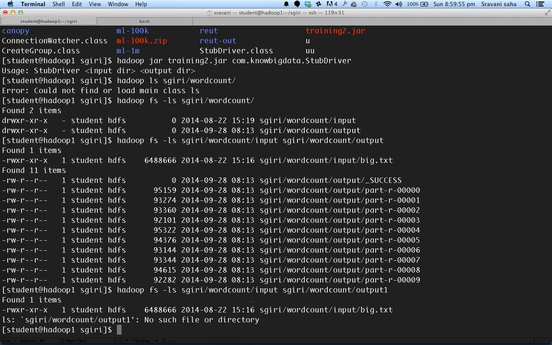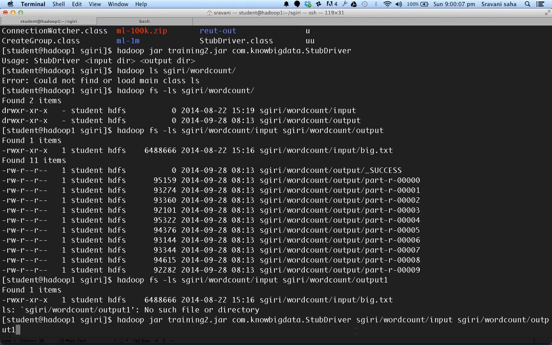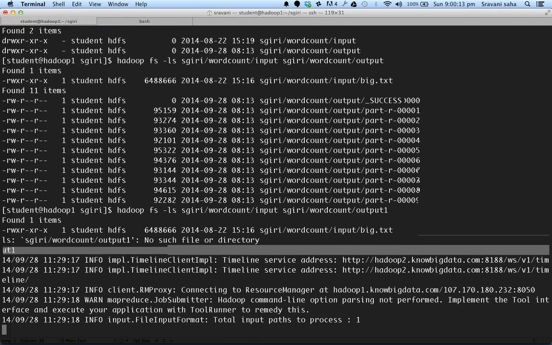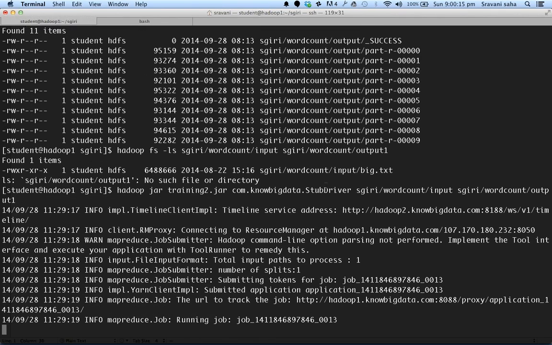So okay, good. So it's not there. Now we can just take this folder and go. So it says Hadoop jar, my jar containing all the things, and then my class name, the entry point,